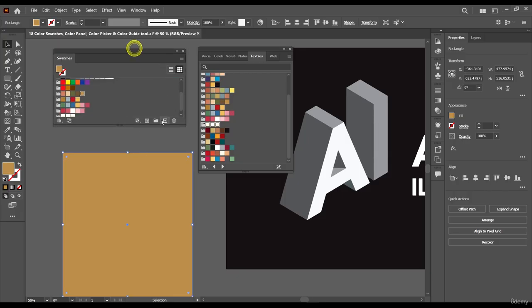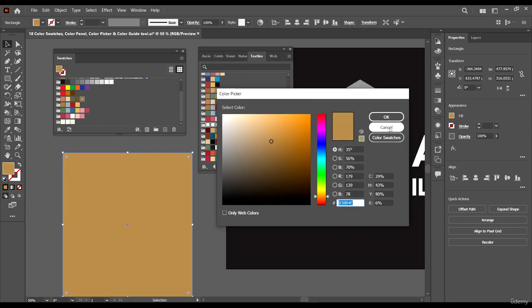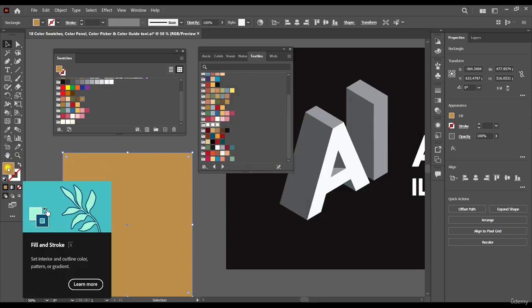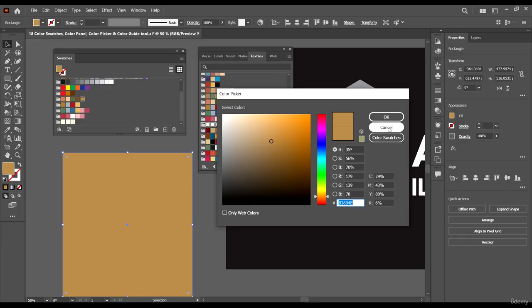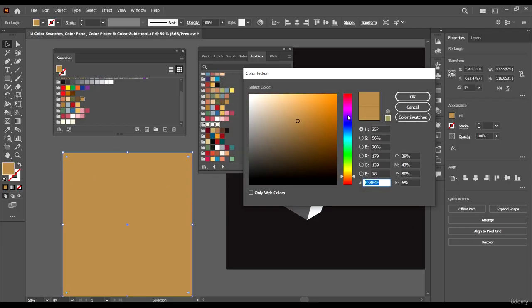Now I spoke about the color picker panel, and we've actually been using this panel without knowing it. This is how you get into the color picker: just double click here and now you're in.